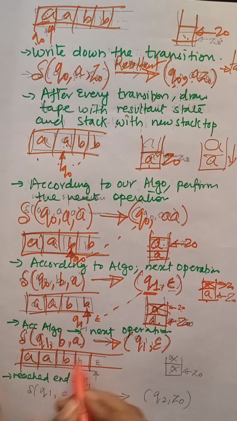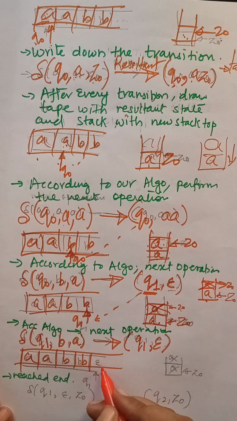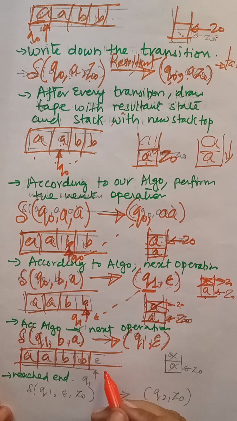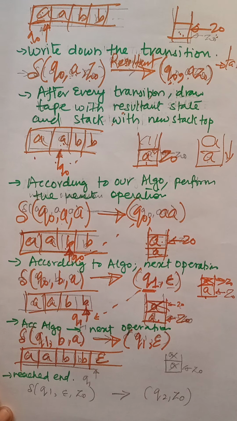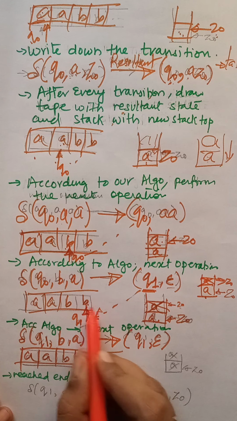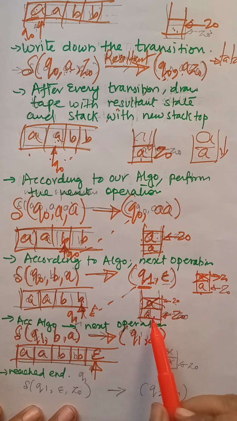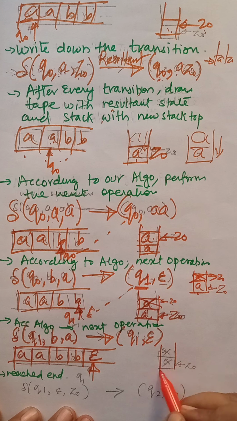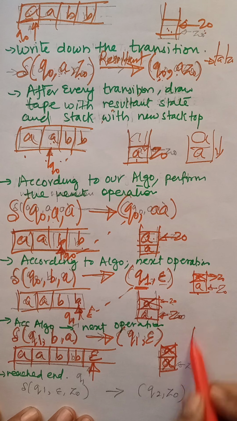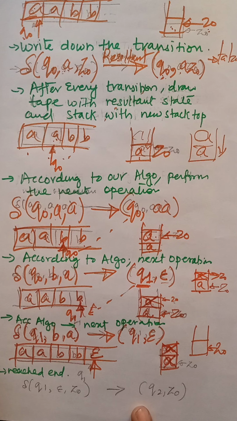So a a b b, this was the end of the string. Now we are going to reach the last symbol, that is nothing. The end of the string we represent by putting epsilon. After this b, the pointer will be incremented by 1 to point to the next element, and the next element here is epsilon. Because of this pop operation, the stack was containing only A, because the previous A was already popped out, so this one is also going to be popped out. So the stack is not representing anything, because the stack is empty here.